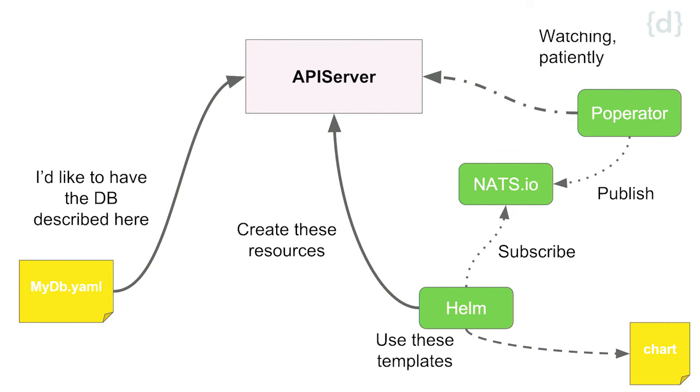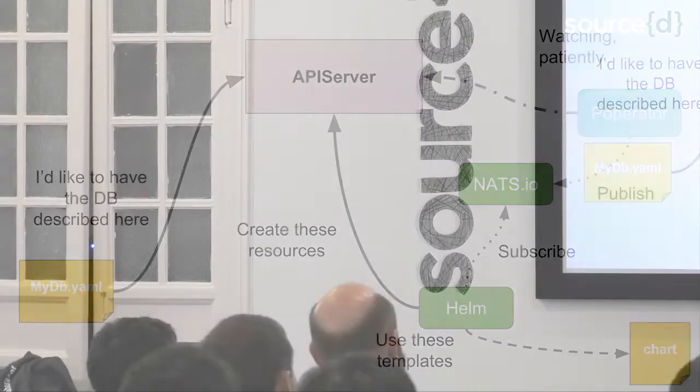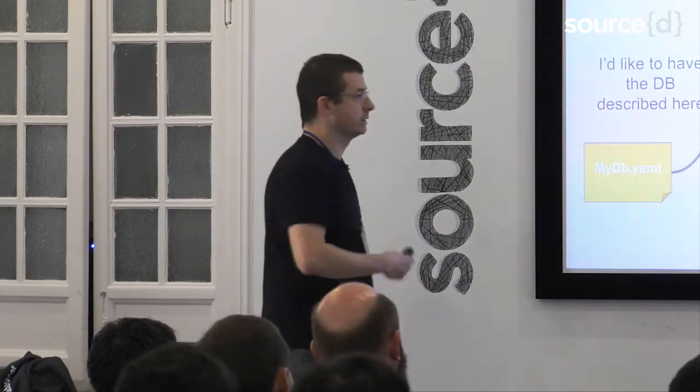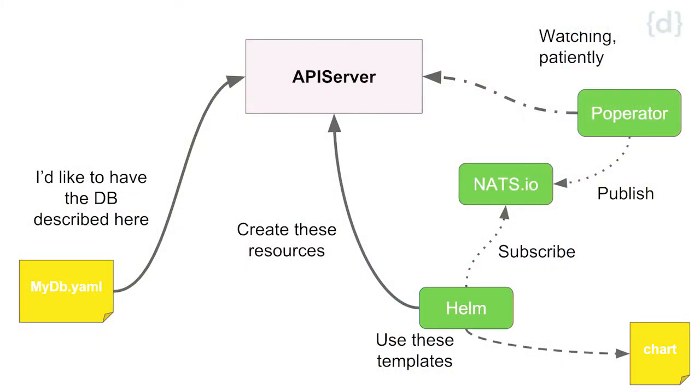So that Docker container that creates the RDS will be called by the API server through all this stuff. One of the things I did is to put NATS. Who doesn't know what NATS is? So NATS is a queue. It's a streaming queue. It's very lightweight. It's written in Go, and it's very good.